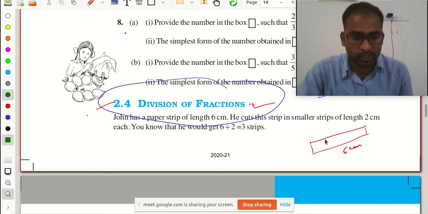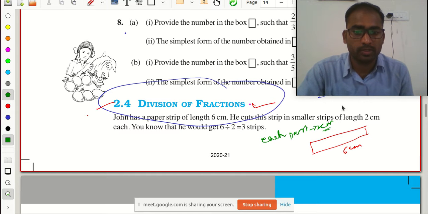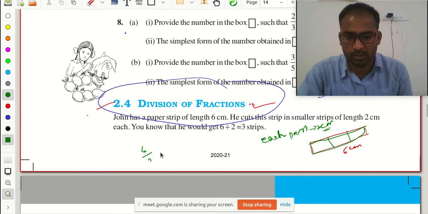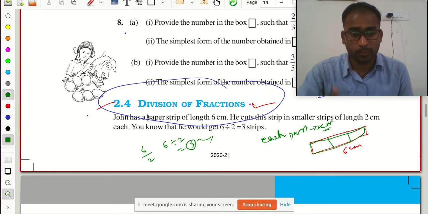You want to make each part 2 centimeters from this 6 centimeters. So how many parts should you divide your paper strip into? You should divide it into 3 parts. Then 6 divided by 2, you will get 3 parts. Suppose you want to make it into 4 parts,